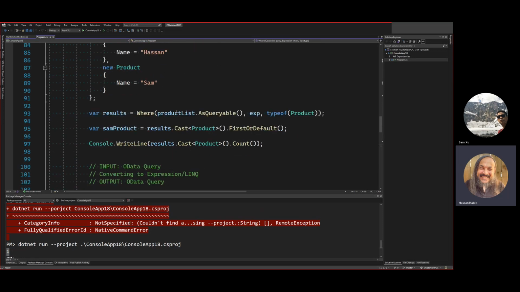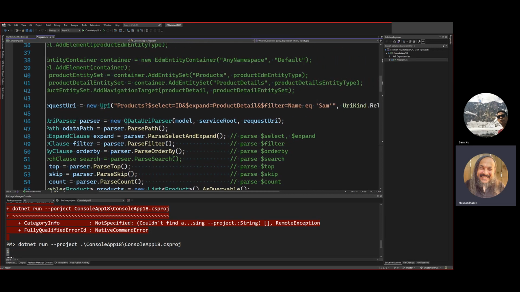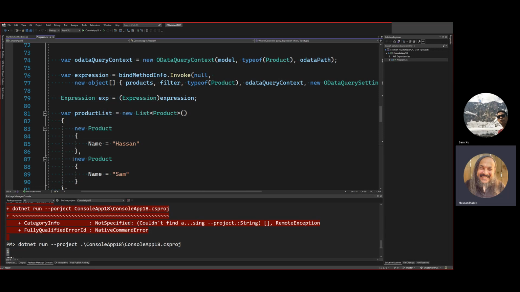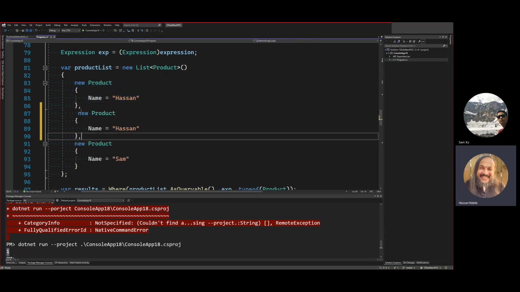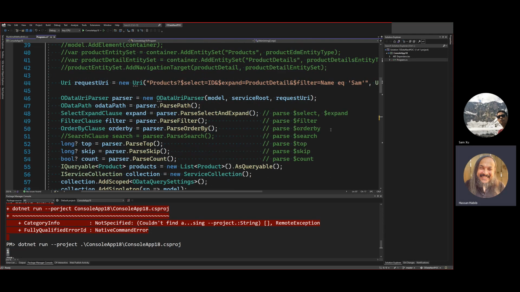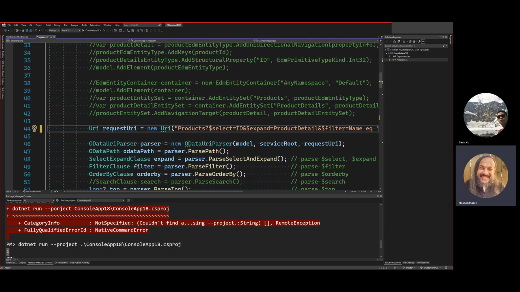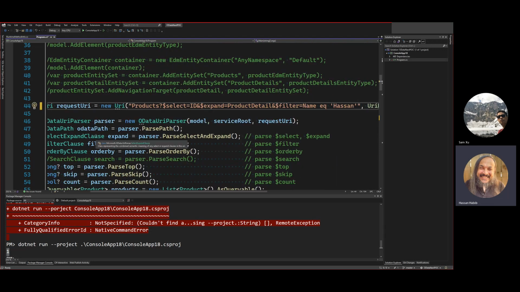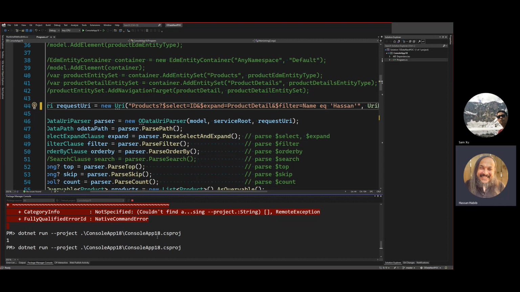But now we're at this point where we say, yeah, the expression that we're producing is actually doing this command in here, which is filter when name equals Sam, right? Which basically means that if I add in two Sams in here, or two Hassans rather, if I go here and say I have two Hassans in this project, so one Sam is like the worth of two Hassans. It takes two Hassans to keep up with Sam at this point in time. So if I run this and I run this query again, it'll basically be